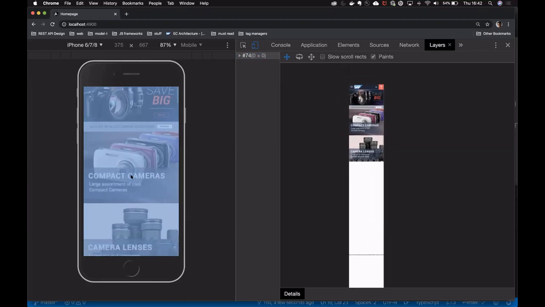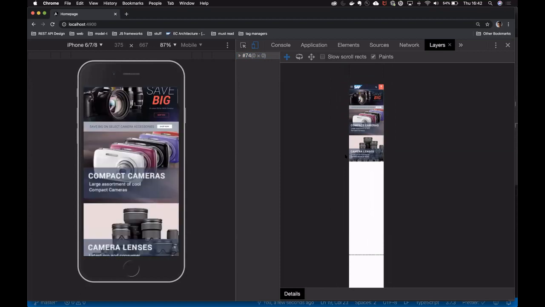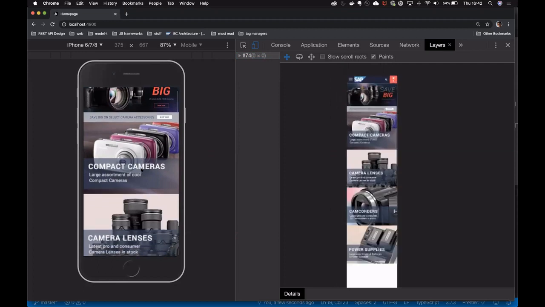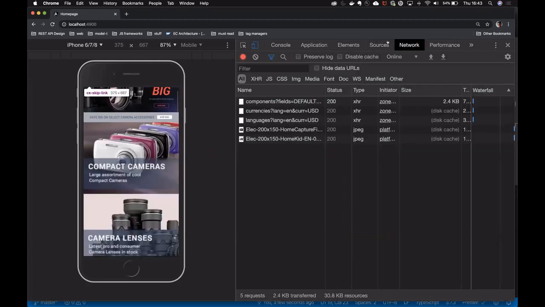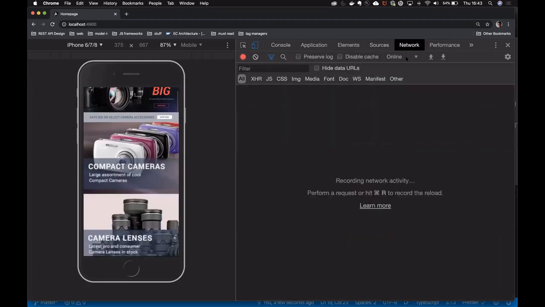And if I start scrolling now, and you should carefully look at this area, you will see that if we are coming close to the viewport, and that's actually the 50 pixel margin you might have seen in my configuration before, the next bunch of components will come in. And I can also move you here to the network tab.